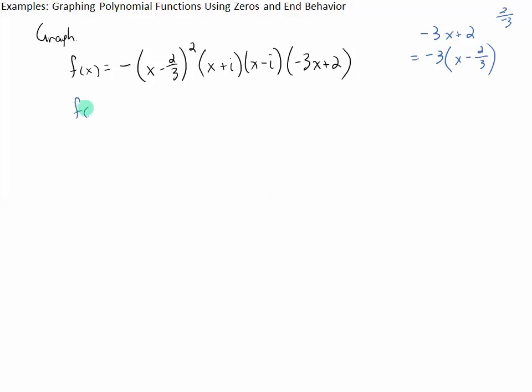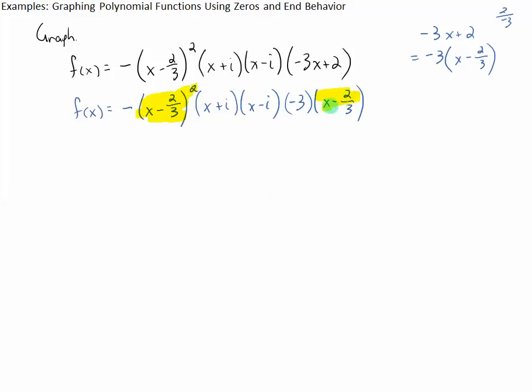So I can rewrite my function now. I'm just going to replace this with its factored form. And now I'm just going to rearrange things, right? I have an x minus 2 to the x minus 2/3 squared here, and if I multiply that by another one, those are going to be cubed. And then I have a negative here that I can multiply by this -3 to put my constant in the front, which is going to give me +3. And then I've got my x plus i and my x minus i. Now it's completely factored. You could look at the end behavior, which will be 3 times x to the third